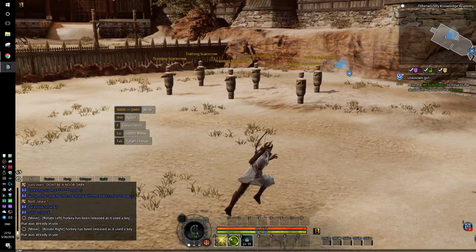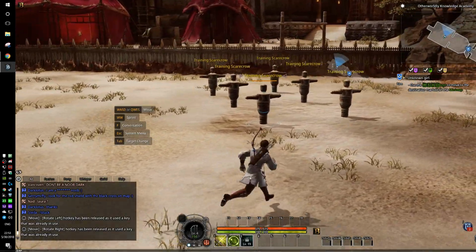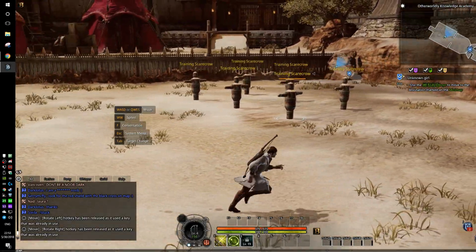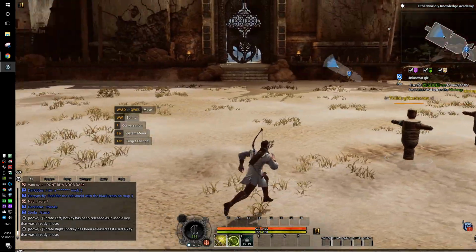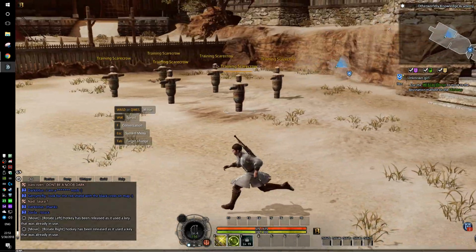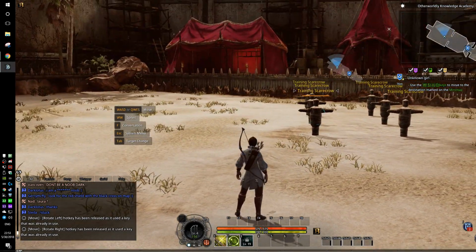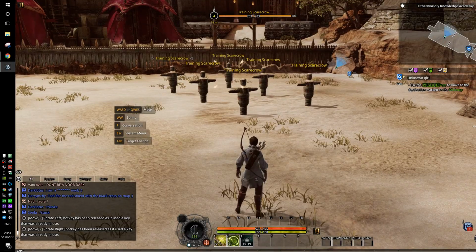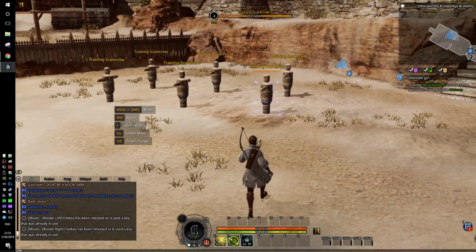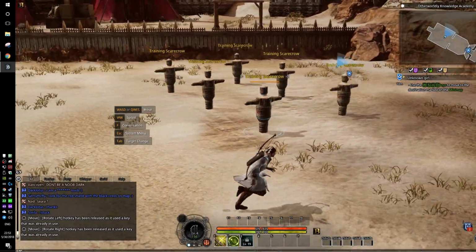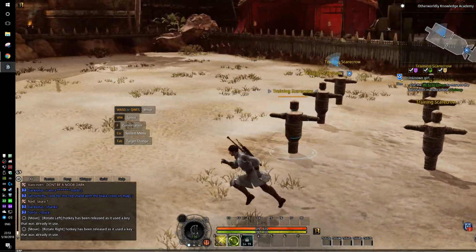Now the only clunky thing about this is for the ranged classes, the ranger and the mage. Remember, this is ghetto action mode, so we don't have a crosshair on our screen, so we can't just left click and target anything. You still have to use your tab targeting. You do get this kind of auto target system when you're close enough to something, so you don't have to tab into it, but